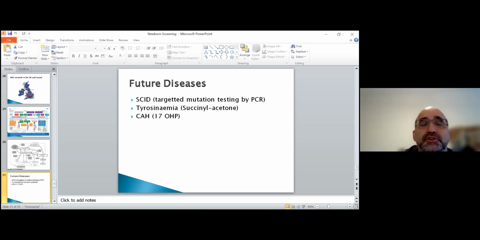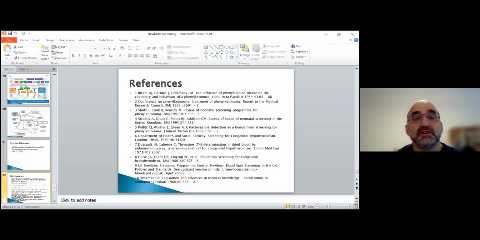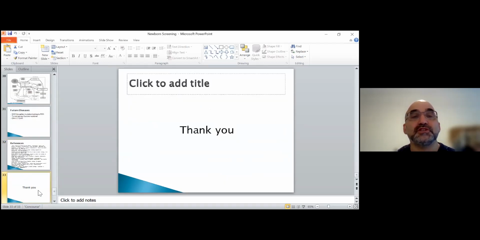Homocystinuria, for example, was in place in some Scandinavian countries for some years, but they couldn't even detect one single patient because it was so rare there. So some countries stopped doing it. The outcome gets monitored all the time so that we know if we are diagnosing the right people, false negatives, false positives, and everything. And these are some references, and I'm happy to take any questions.